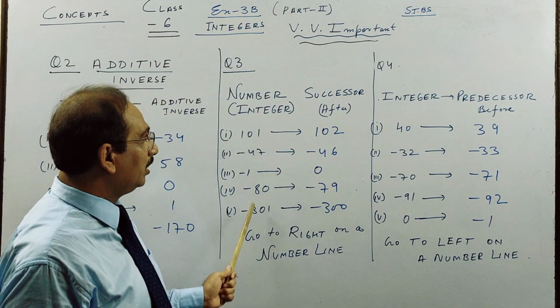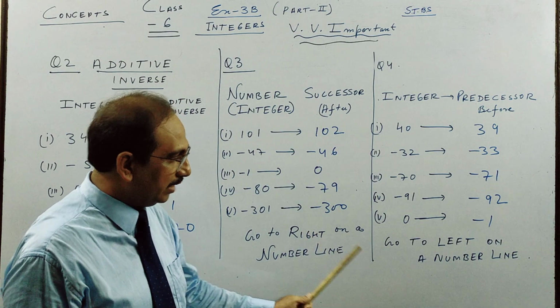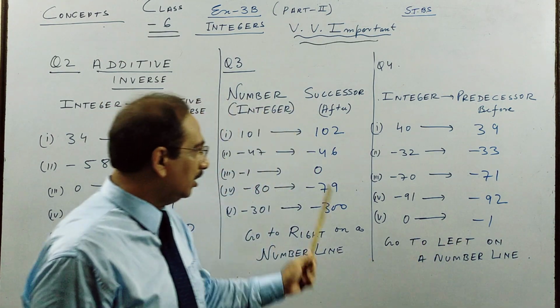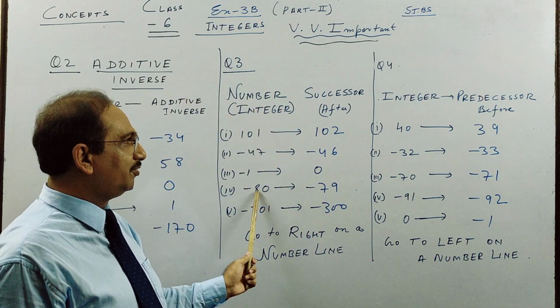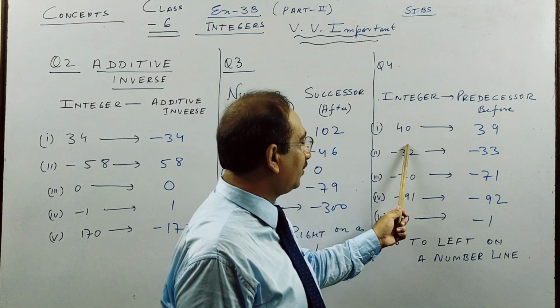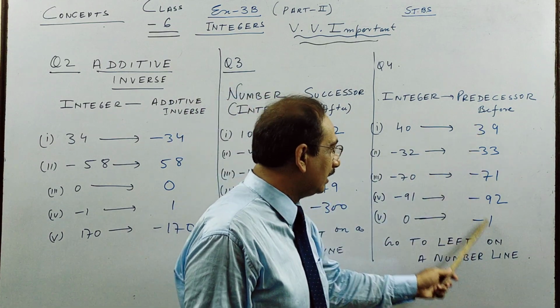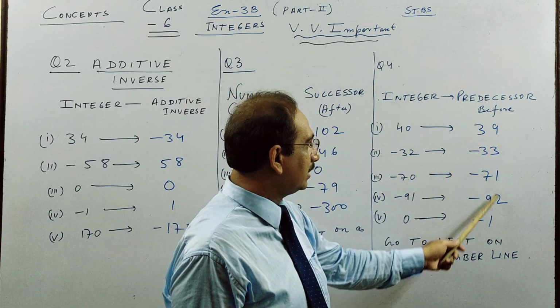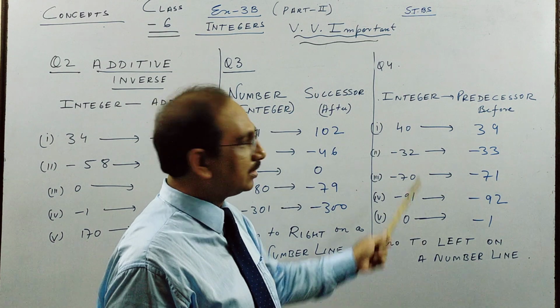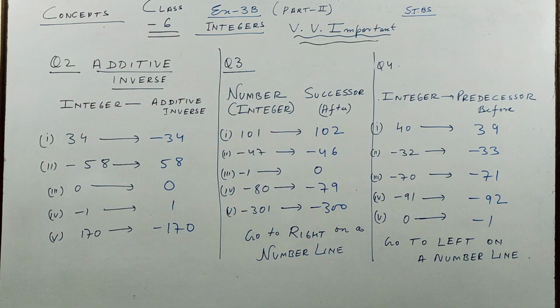So once more, here we go one place to the right on a number line, and here we go to the left. The right ones are bigger than the left, and here if you see the left, we go predecessor means before, these are lesser than this. Predecessors are lesser than the successor or next number. So please, I am pausing the video. You copy each thing nicely.